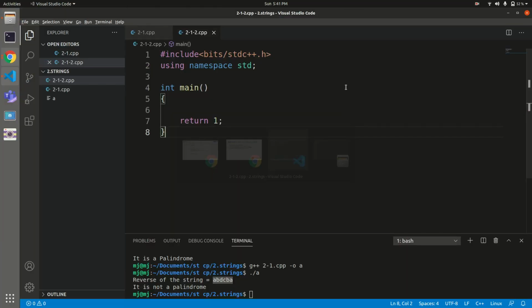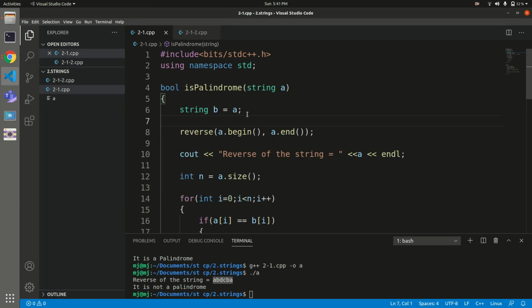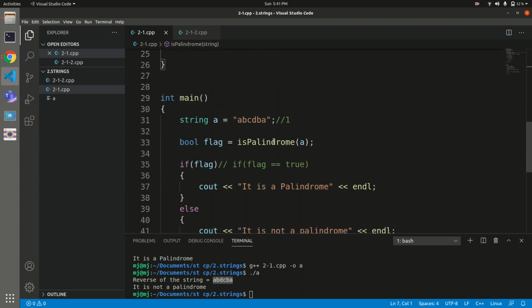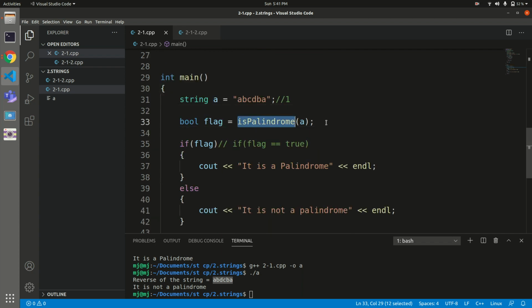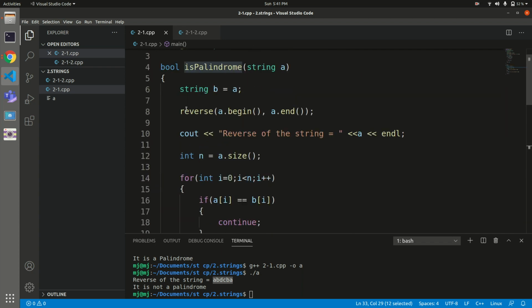So we have also coded the C++ program for the same. Here, as you can see, we have written this code to compute whether the string is palindrome or not. We've just declared a string for a sample, and we have called the method with this particular string. Then we have written the entire code here. What we have done, we have just taken another string and stored the given string into it. Then we have reversed the original string. So why store? Because in order to maintain the original string, otherwise after reversing we cannot keep track of the original string. That's why.